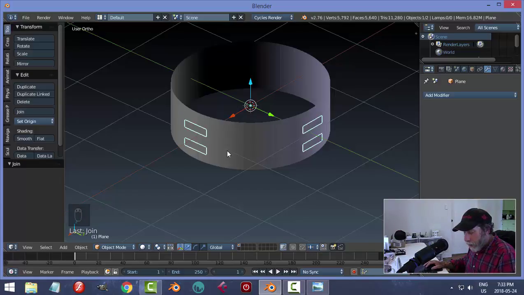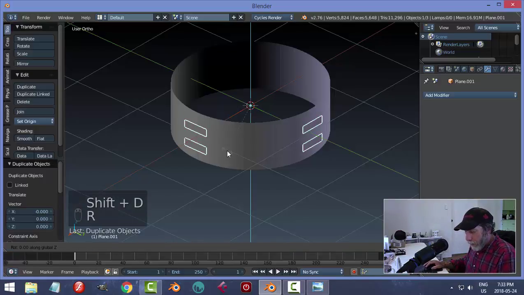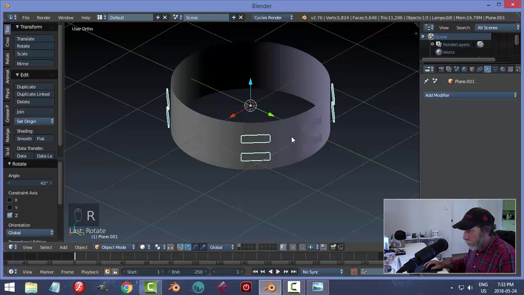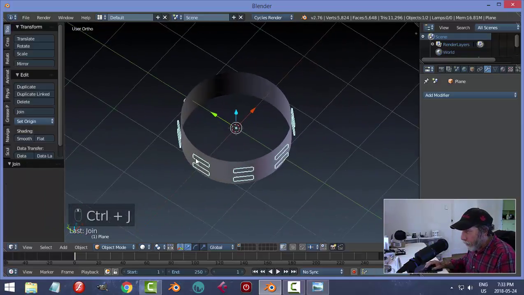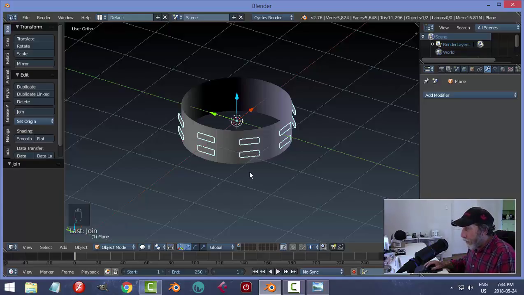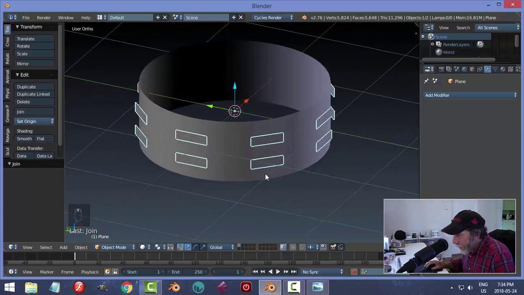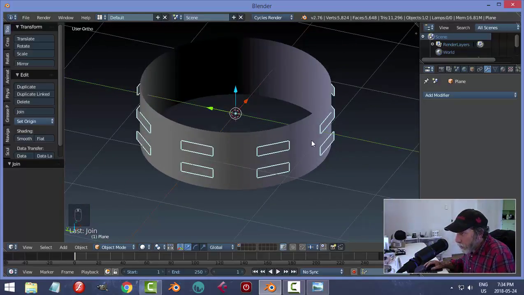So I'm going to go Shift D and rotate Z 45 degrees now. That's going to put them there. Select all of them and Control J, so they're all joined together right there. Okay. All right, now the way that we are going to get these to conform to the surface is using